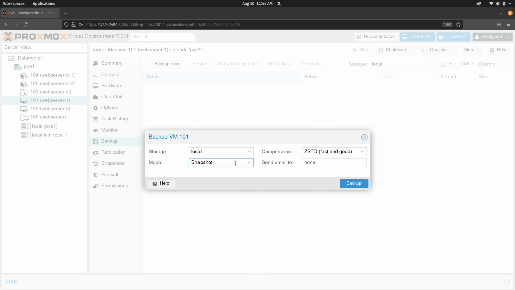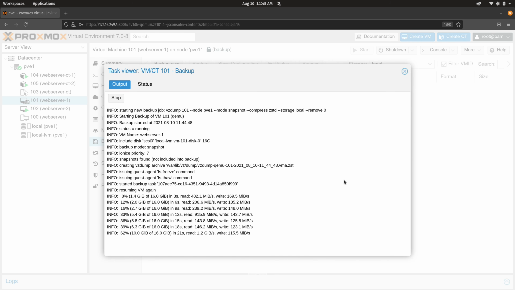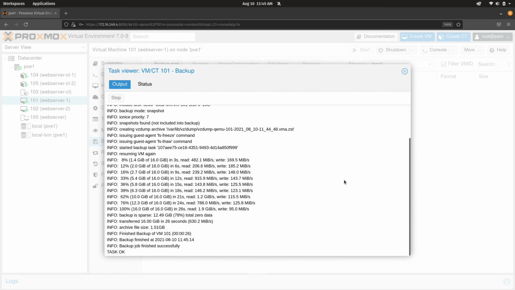So on my end, that's actually the option I'm going to go with. I'll click Backup, and let's see the process play out. And now the process is finished, but if you take a look at the output, something that you'll see here that's fairly interesting,